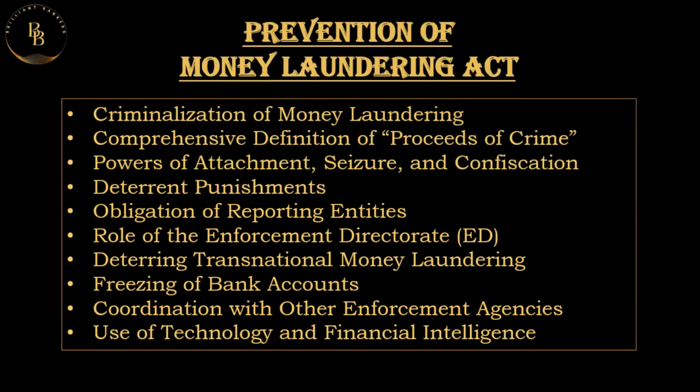So, how does the PMLA aim to deter and disrupt the money laundering activity by criminalization of money laundering? The PMLA makes money laundering a criminal offense, which is central to its deterrent effect. It defines money laundering as an act where a person attempts to conceal, possess, acquire, use, or project the proceeds of crime as untainted property. So, this criminalization covers all activities that involve the process of funds derived from the criminal activities known as predicate offenses. So, what is a predicate offense? These are offenses that generate the illegal proceeds that are later laundered into the market.